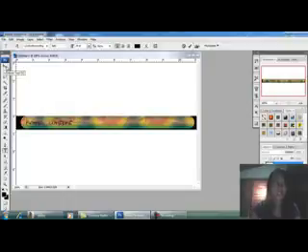Just select the move tool and then press again the T from the keyboard and then create again a new text.